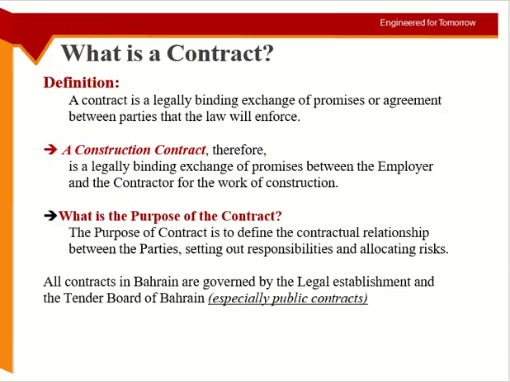Yes, drawings and specifications are not made part of the contract. The parties already agree that this is the work for which we are agreeing. So the contract document itself does not have the full set of drawings and BOQ, just the general or main points: the total cost, for example, the total time. You will not define each activity and its cost and time, or the concrete strength, or 12 columns of this much height. This is not part of the contract.